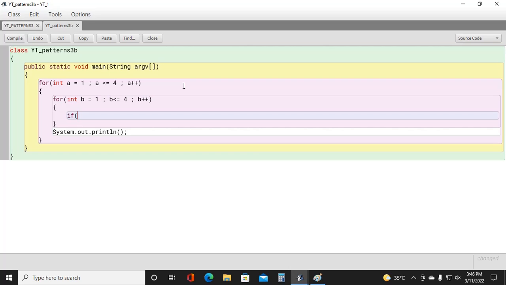If in brackets, a is equal to 1, or a is equal to 4,